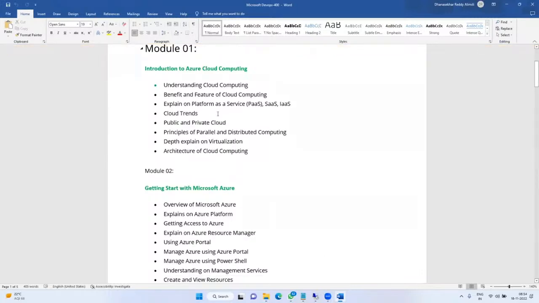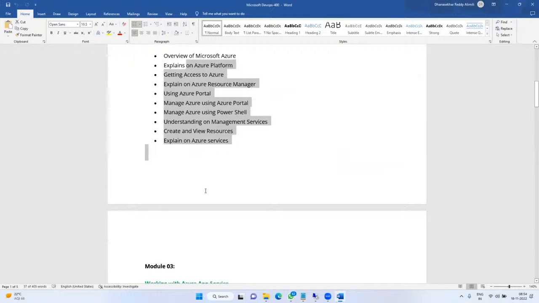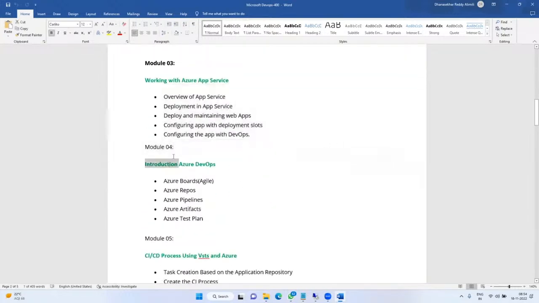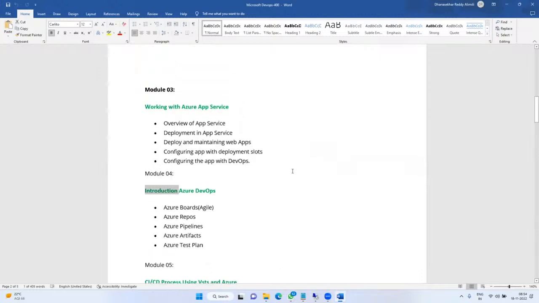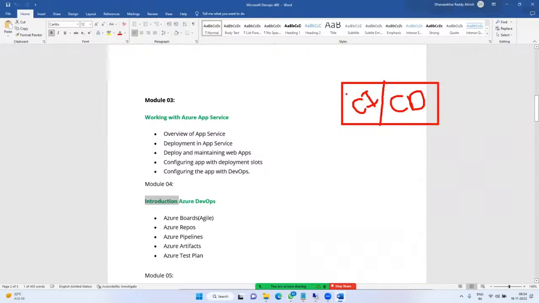Now in Azure DevOps, first is an introduction about cloud computing and what app services are. Module 4 is DevOps. Always remember DevOps in the sense CI/CD, continuous integration, continuous deployment.